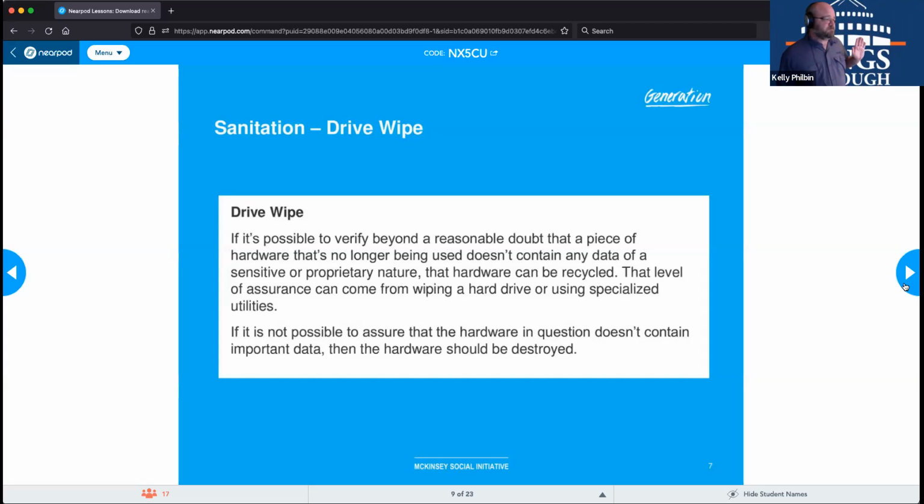So this would be a method you would employ to get everything off of there. But the only way to be sure is actual physical destruction. So this works, let's say 99.9% of the time, but depending on the sensitivity and value of the information that you're getting rid of, this may not qualify or be good enough.